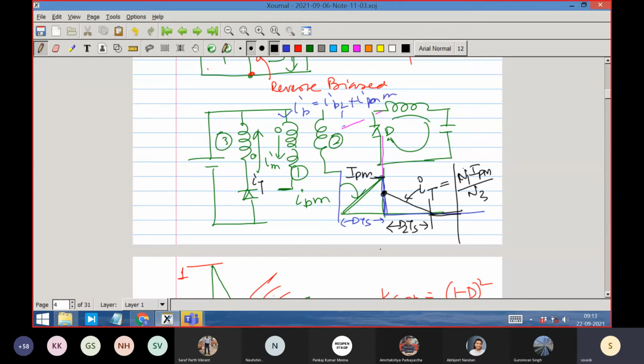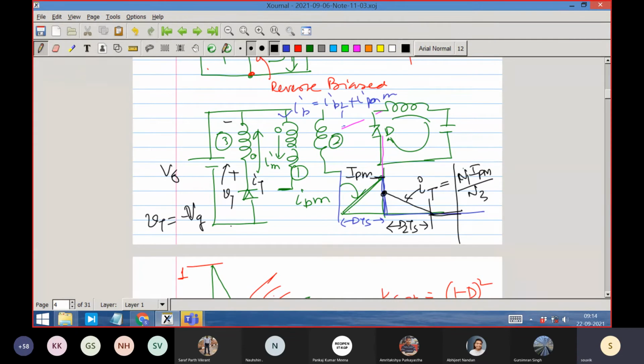It will fall. And what is the voltage across the coil when it is falling? How much is the voltage? Minus Vg, because this is Vg and the diode is conducting. So this voltage, diode conducts, means this point is plus minus. This is the convention of voltage of Vt. So Vt is equal to minus Vg.